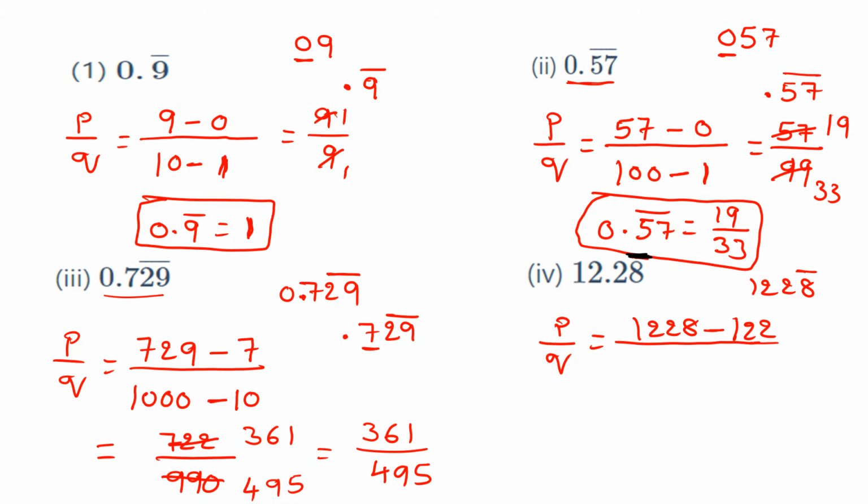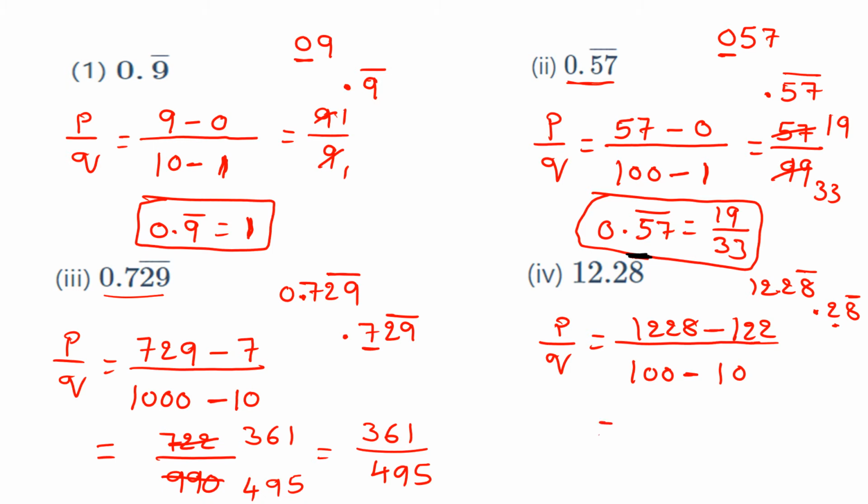Now coming to the denominator, after the decimal point only we should take here. After the decimal point, how many decimal places are there? First tell me. After the decimal point there are 2 decimal places. That's why you should take 100 here, minus. After the decimal point, the number of digits which are not repeating, that is only one, right? That is 2 only, right? So that's why you should subtract 10 from that 100.